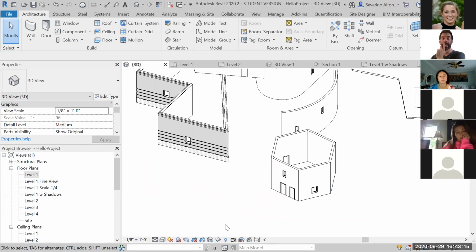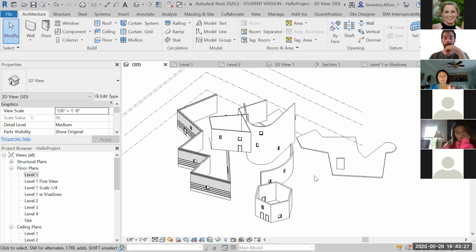Okay. So again, glasses is temporary hide and unhide. Light bulb is, hey, I want to see everything that is hidden, and I might want to show it back or unhide with a right-click option. Okay. Any questions about that? Let's actually